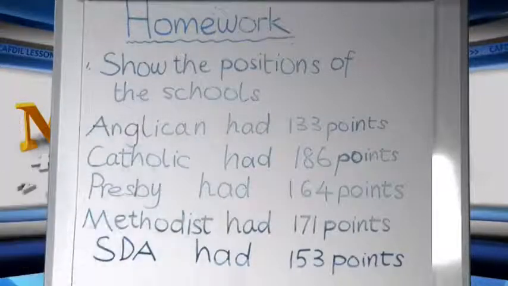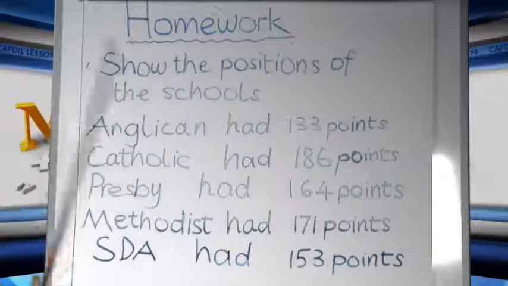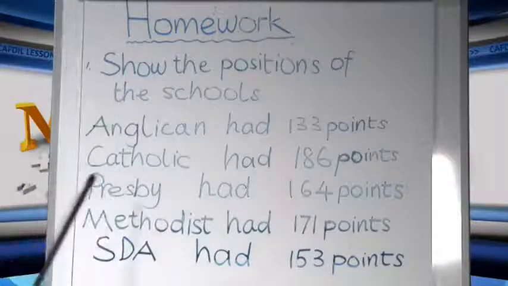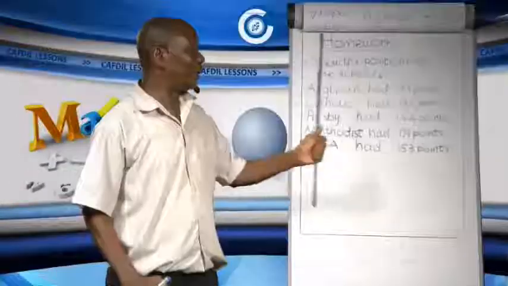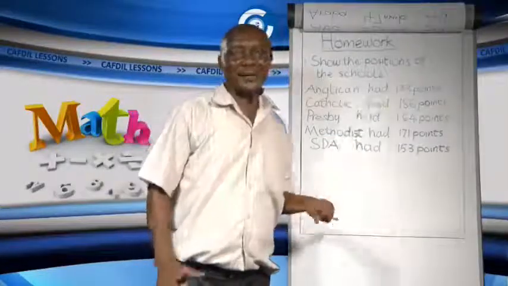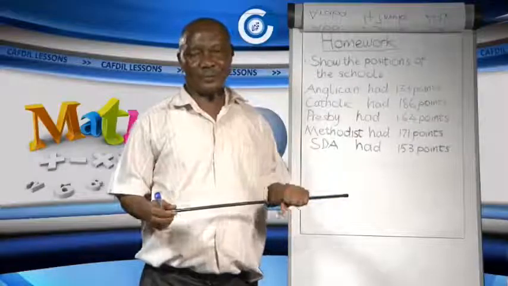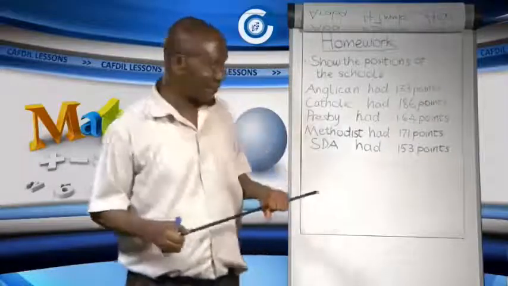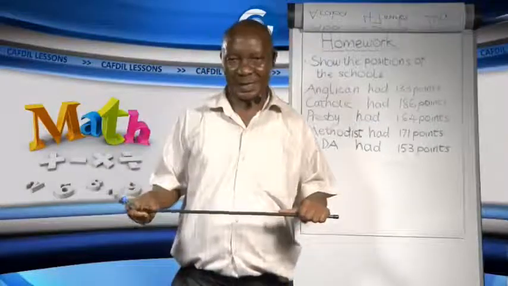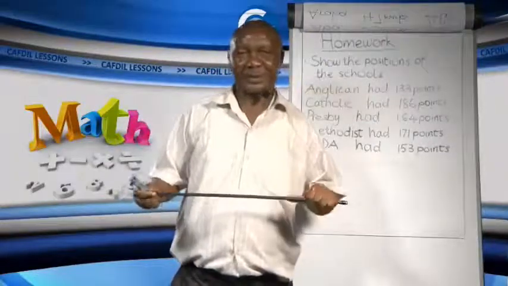So you write the first school, the point, the next school, the point, and so on. That will end our lesson for today, which is cardinal and ordinal numbers. Children,